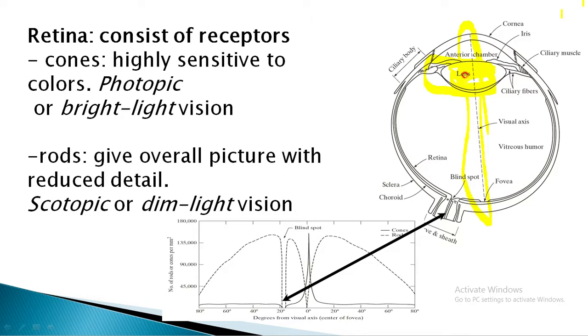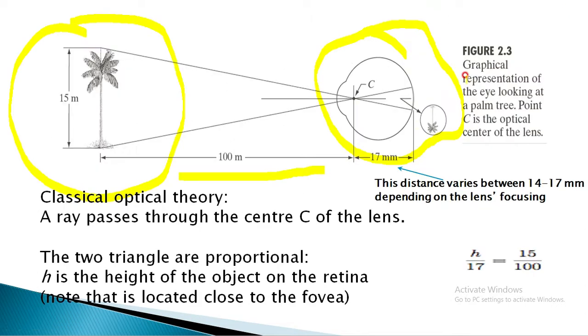So how do you change the lens shape? With the help of the fibers which are present, and the name of that fiber structure is the ciliary body. Okay, and how do you change the shape of the lens? It is nothing but you try to flatten it or you try to thicken it. That is what we'll be doing. Okay, so this is all about how your eyes would be seeing the whole image.